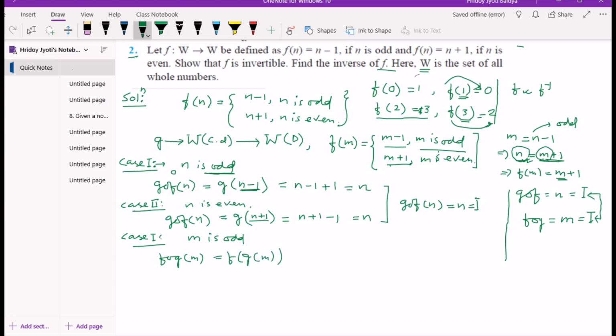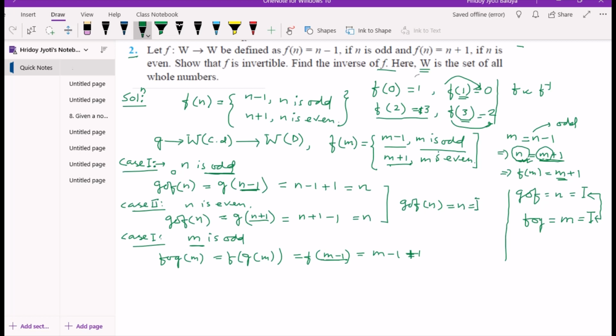Since m is odd, for odd it will go to m minus 1, so f of m minus 1. Now look here, m is odd, so m minus 1 will be even. So f when even becomes n plus 1, and this gives rise to m minus 1 plus 1,